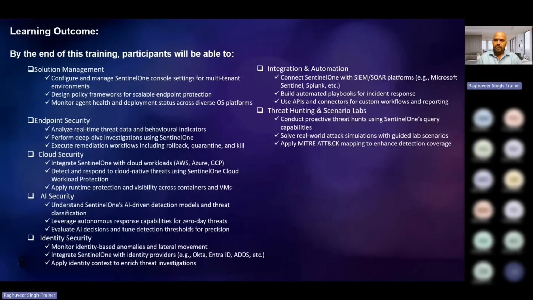You will learn how to use SentinelOne security capabilities for your internal projects, internal IT, as well as act as a managed security service provider